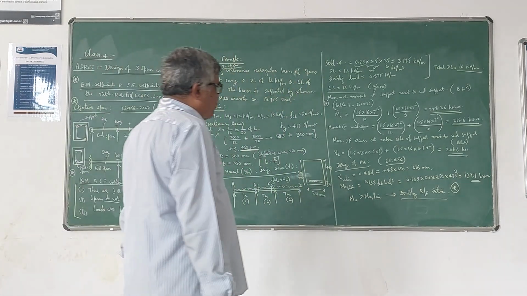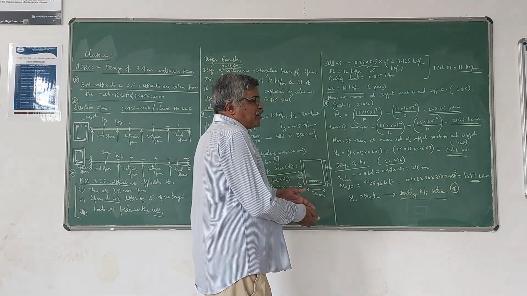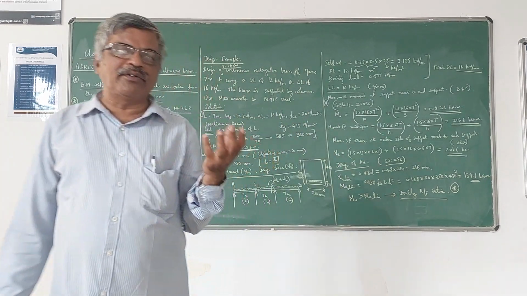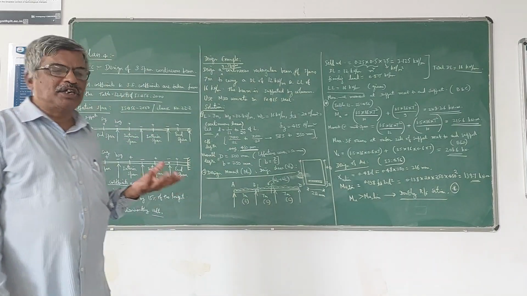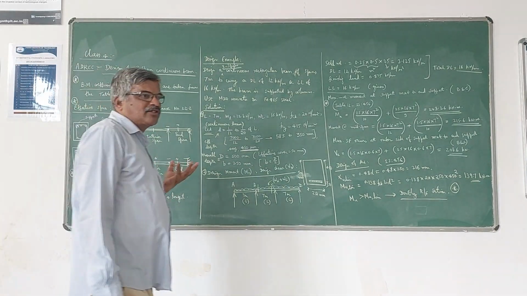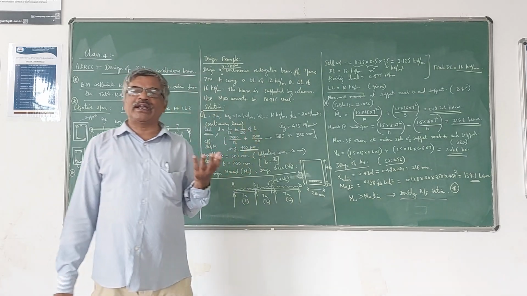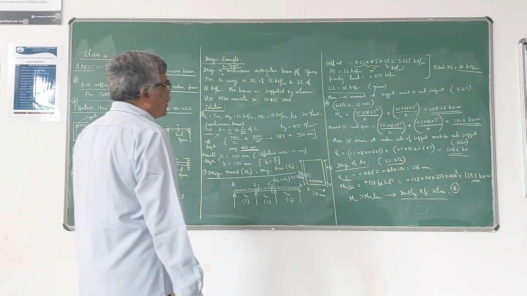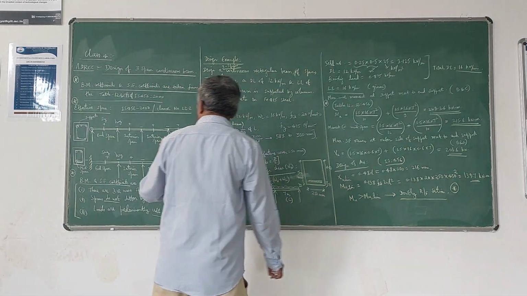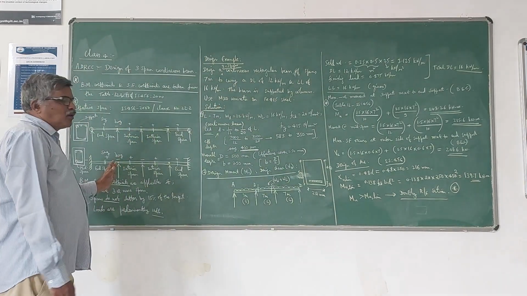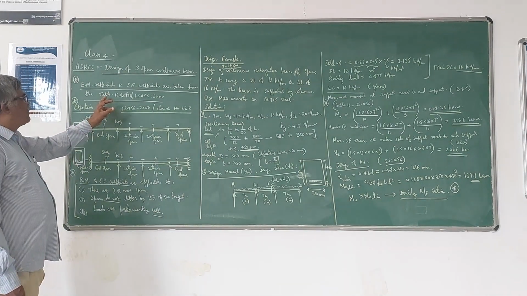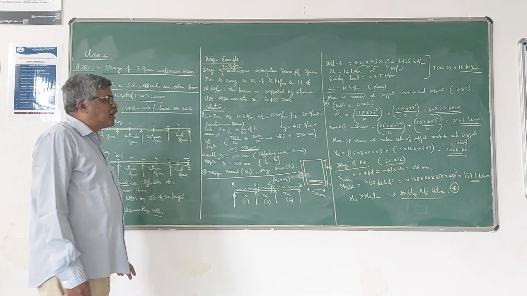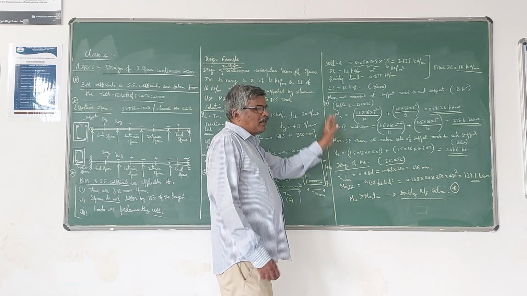Now we will calculate the moments. We have to design the main reinforcement for the bending moments, and we have to design the stirrups for the shear. Keep that in mind. In the case of beams, main reinforcement takes care of the bending moment and stirrups take care of the shear force. Now using the bending moment and shear force coefficients, which are available in Tables 12 and 13 of IS 456-2000, we have to calculate the moment values.